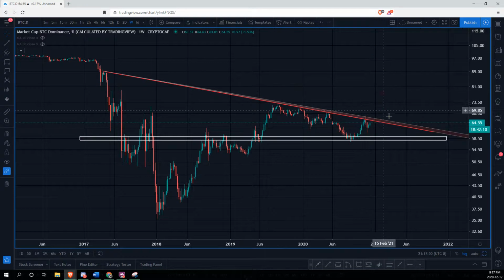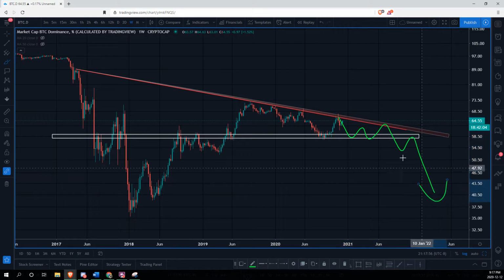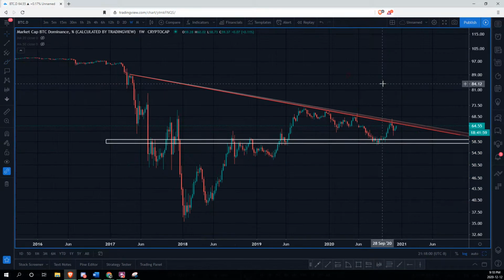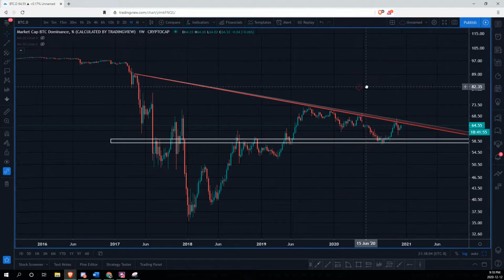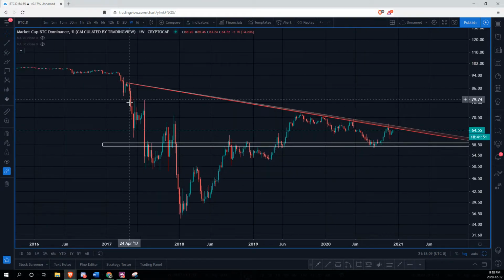And I think once we start to break below 58, that's when we could see a pretty significant dump to the downside for the BTC dominance. And that's when we're really looking for altcoins. Overall, we do have our favorites that we are investing in, but I would say during these mega dumps of